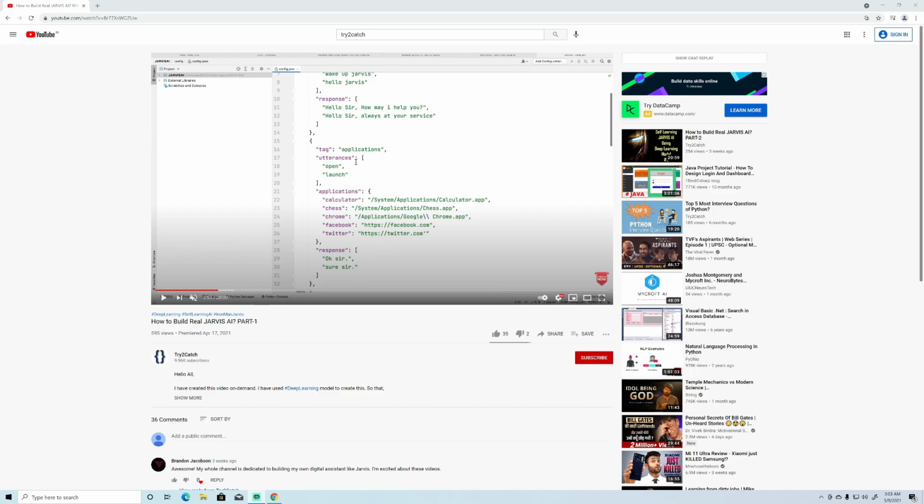Then I created Jarvis, which is for the intermediate level, where I used some classes, JSONs, and other configurations, things like threading also. But this Jarvis series will use machine learning and deep learning models, so that is why I have named it self-learning Jarvis AI, right?